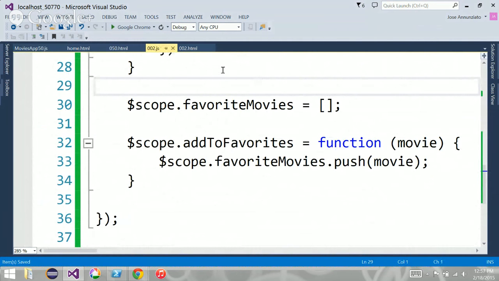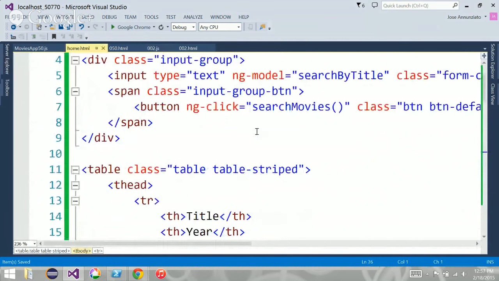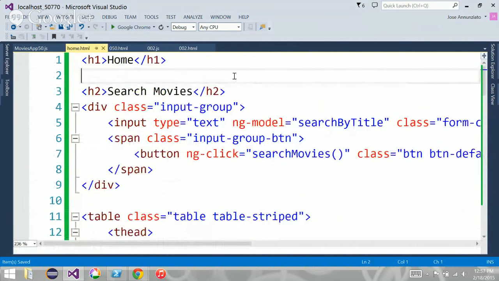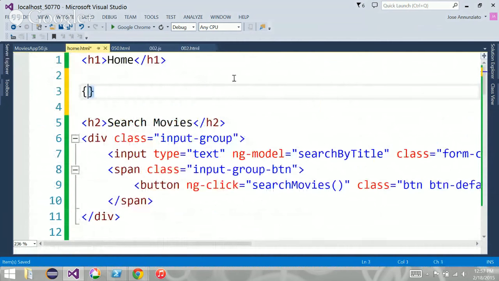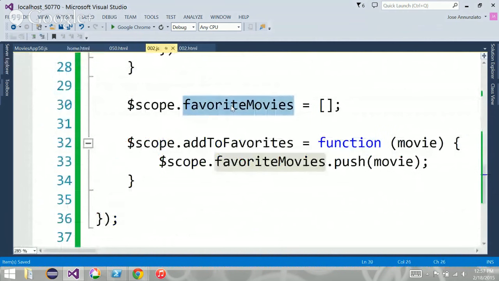We can display that somewhere. In the home, we can say favorites. We can display it to see if it's working, maybe here. Is that what it's called? No, favorite movies.